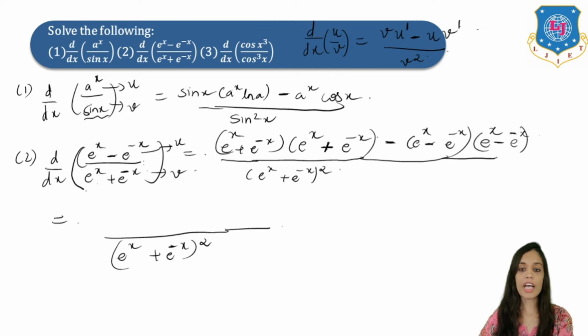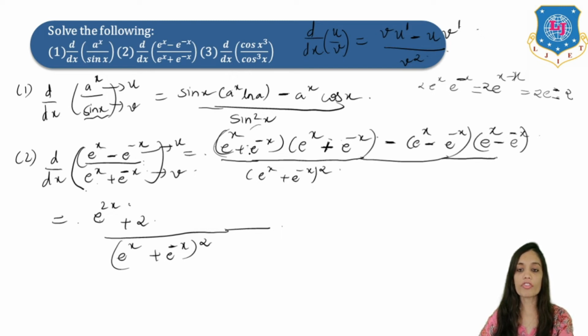Right? Now this is 2 times, right? So we can apply the formula of a plus b whole square, that is a square plus 2ab plus b square. So what will come? E raised to 2x. If you do the square of this, it will be e raised to 2x plus 2ab. So 2 into e raised to x into e raised to minus x. So it will become e raised to x minus x, right? So it will be 2 into e raised to 0. So answer will be what? 2, right? So here only 2 will come.